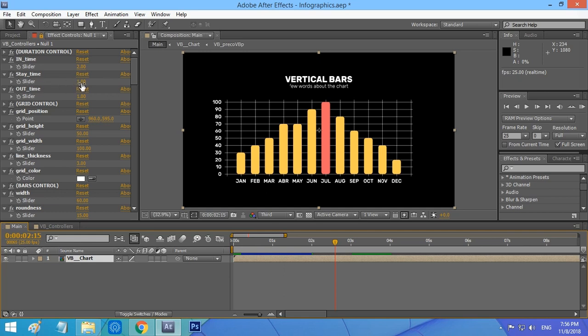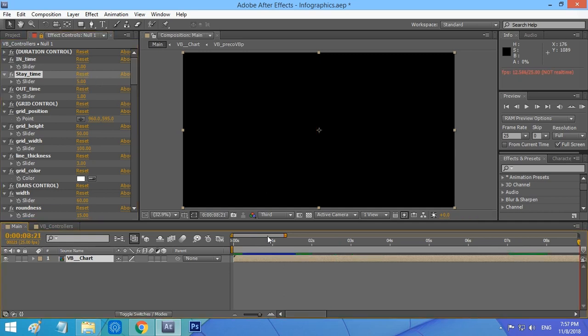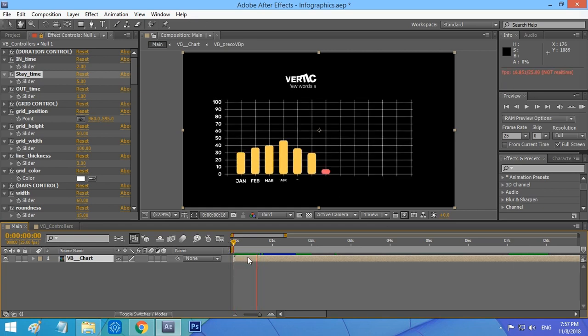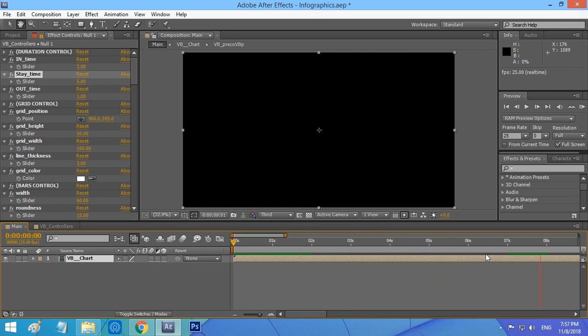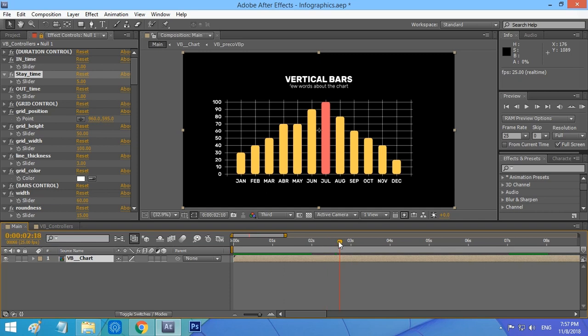And the stay time, you can increase the time the scene will stay. Let's say about 5 seconds, and let's preview. So this time it stayed for 5 seconds. Okay, also you can drag this bar, it is called the duration bar, to control where you want your scene to start appearing in time. Okay,